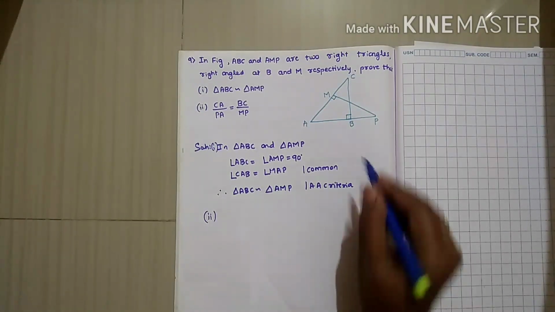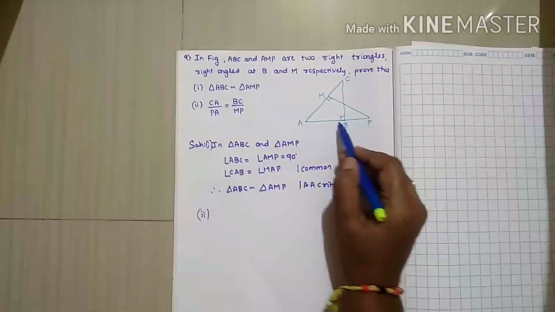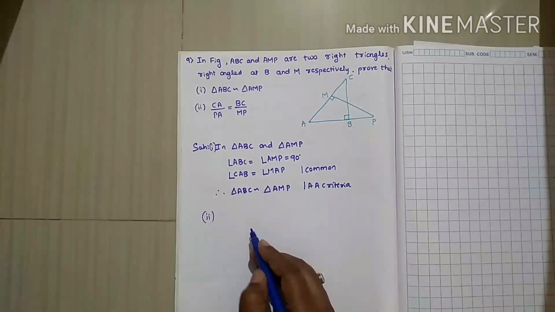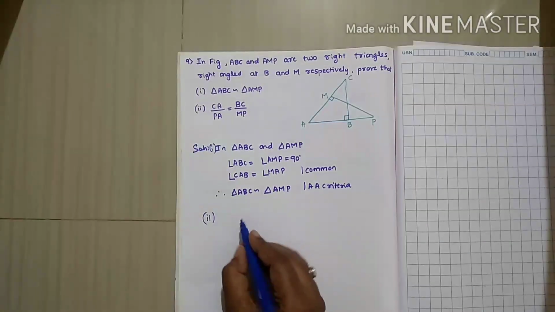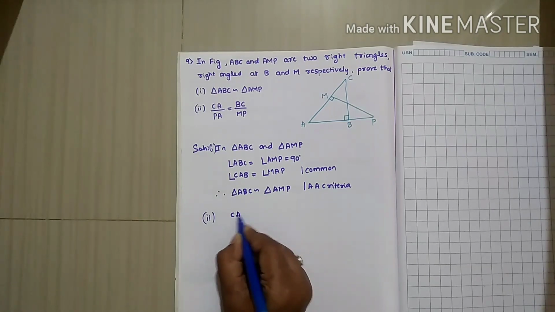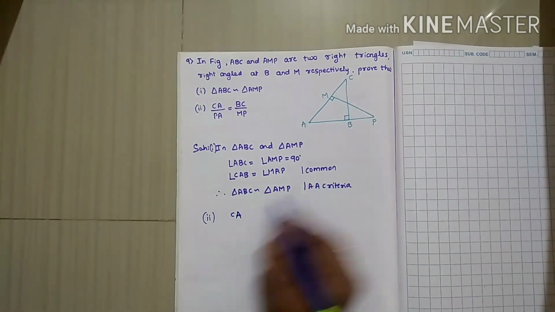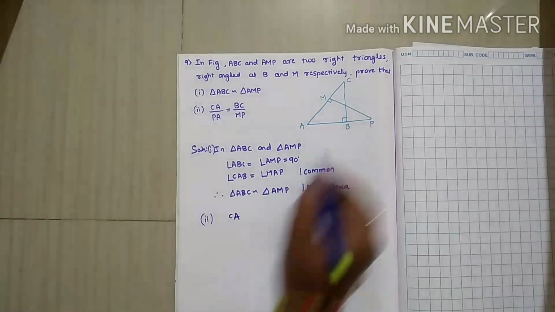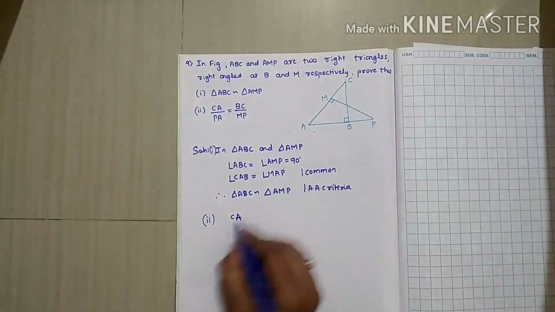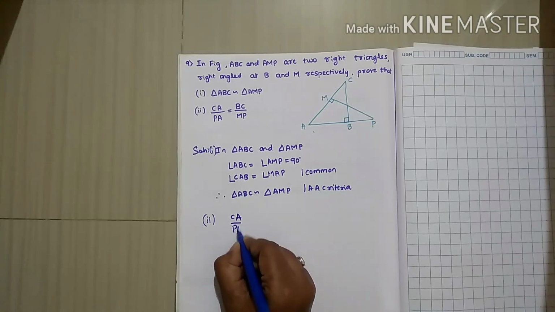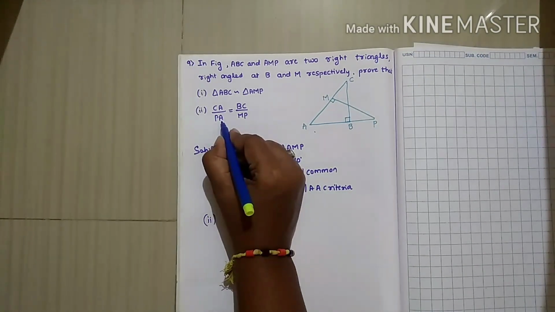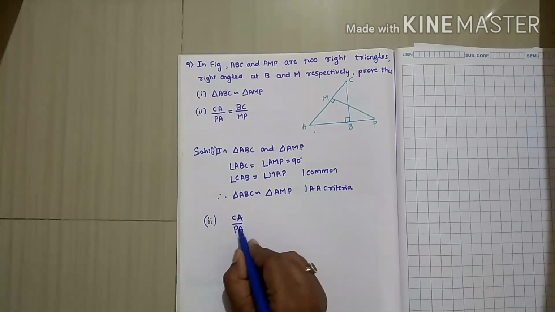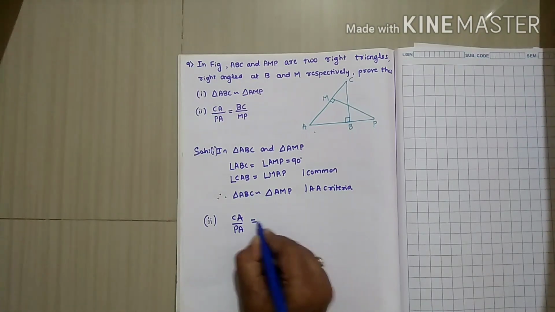In triangle ABC, opposite the 90 degrees is AC, or you can write CA also. In triangle AMP, opposite the 90 degrees is AP. So CA over AP is equal to